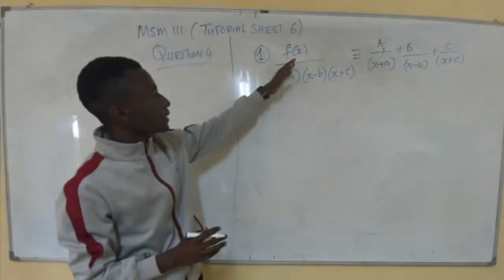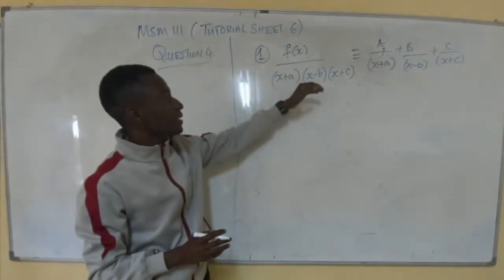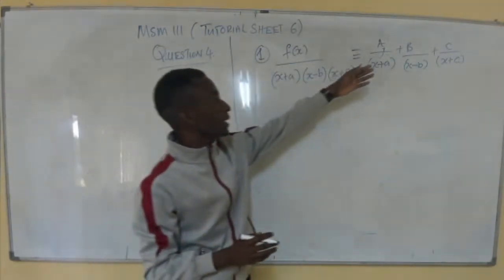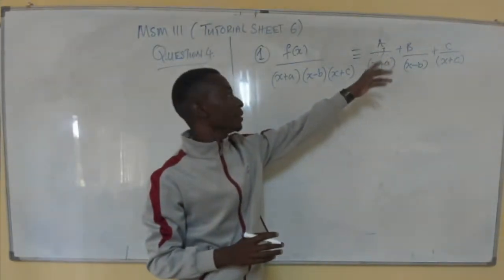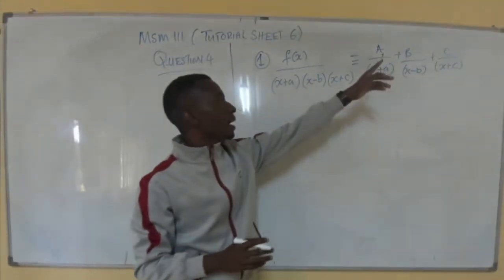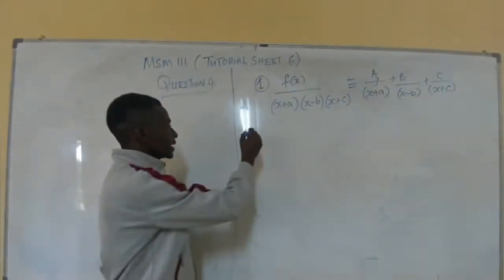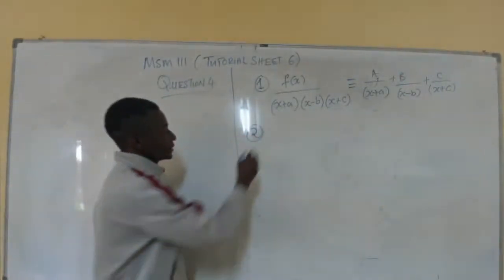Given an expression with a denominator containing linear factors, resolving this into partial fractions can be done like this: a over x plus a plus b over x minus b plus c over the third factor. So now the second, what I want you to know is